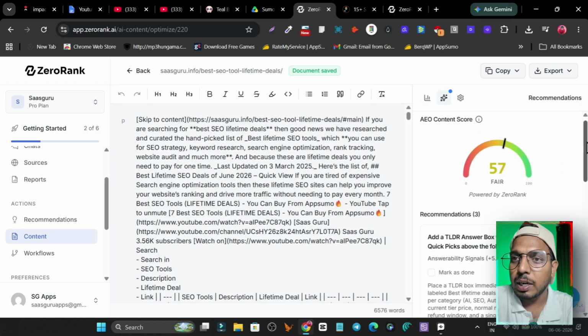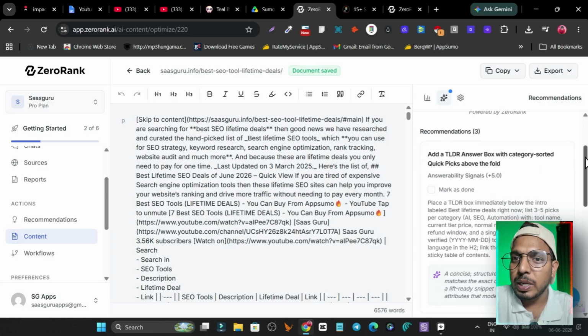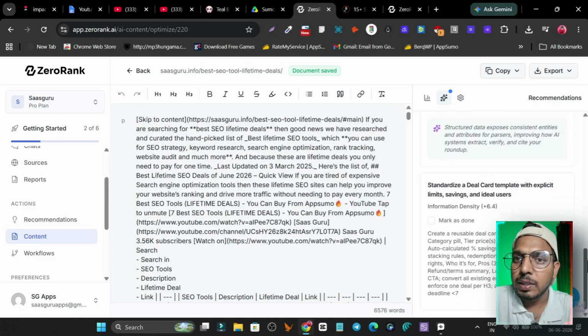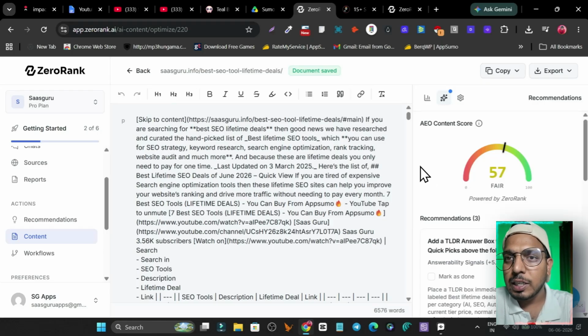So if I click here on the recommendation, you can see this is the recommendation: add a TLDR answer box. Okay, I need to add an answer box. I need to implement a JSON-LD item list. This is the schema I need to add. Standardize a deal card template with the limits, savings, and the ideal users. So all these things I need to add, and overall I have the chance to recommend myself as the AI